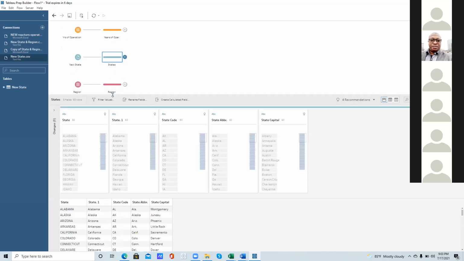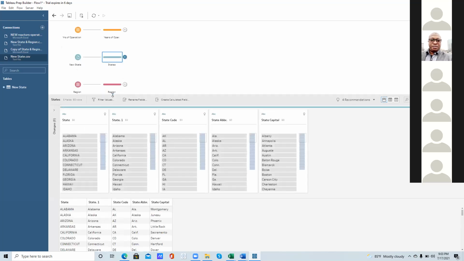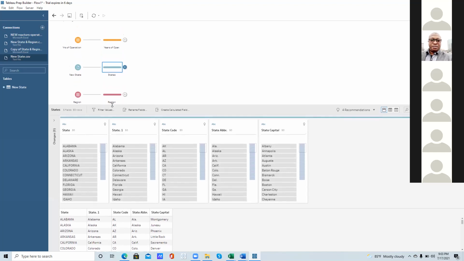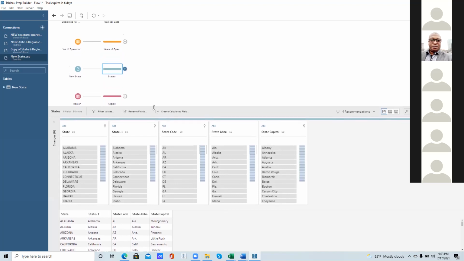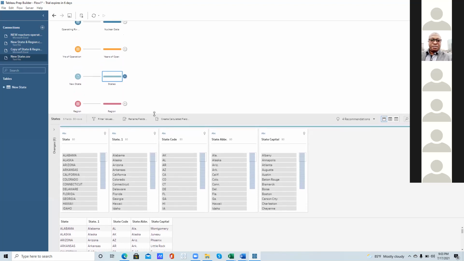Now what we want to do is to join states code with the state code that we have on the first one. But if you recall, when you were trying to write the state code, you wrote states code. So they will not match. So you have to rename this one to the one that we're looking at here. Click on it.